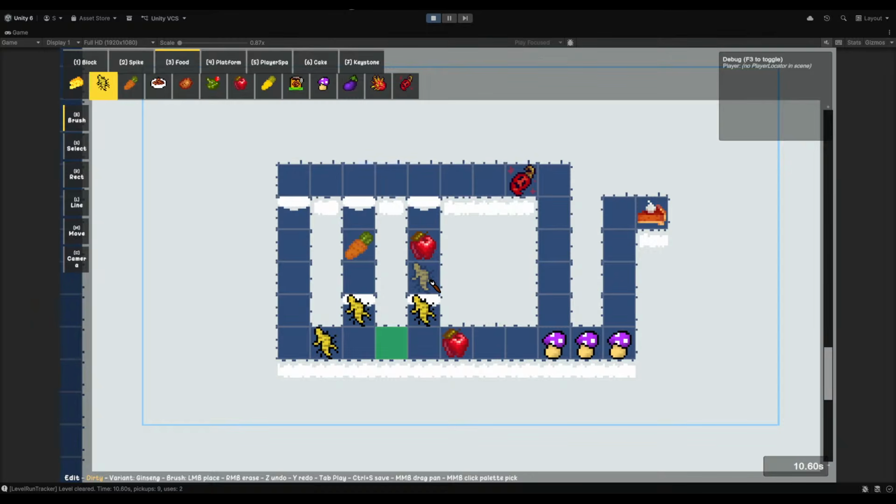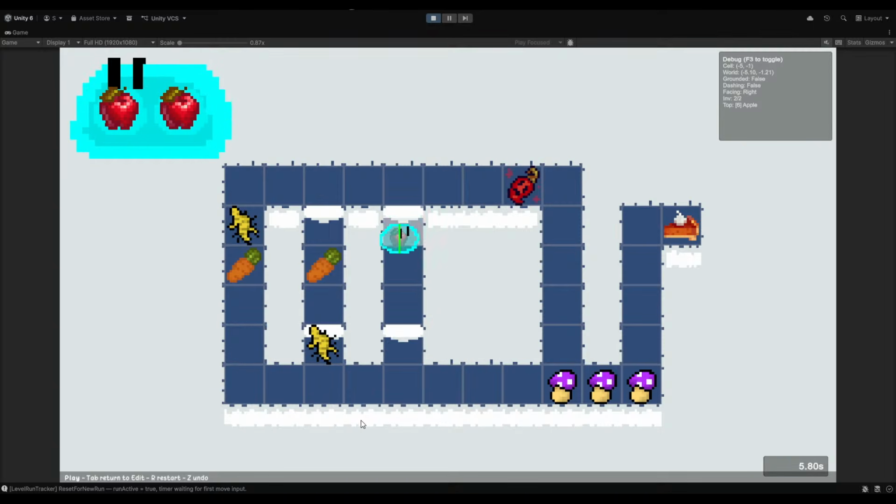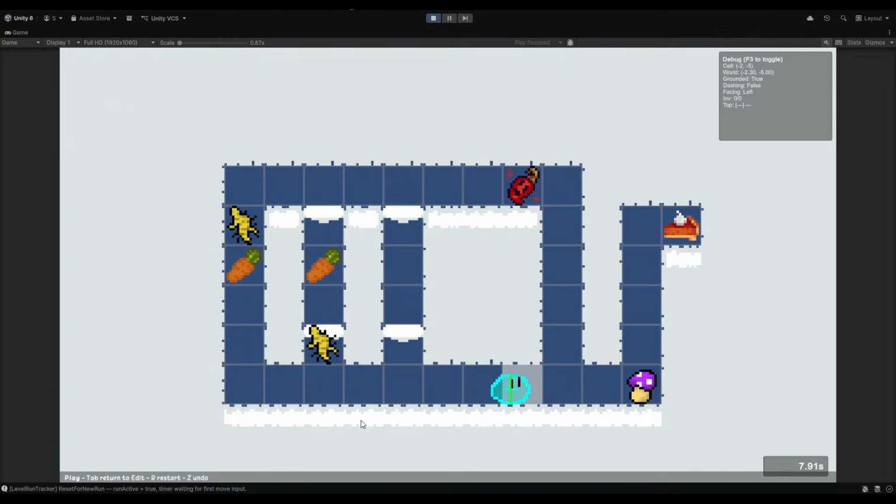It might be too easy. What if I have ginseng and carrot here? No, that might have made it even easier. Oh yeah, no, it definitely did.